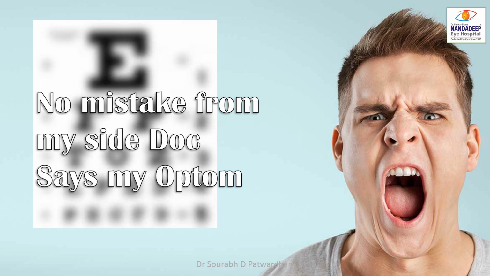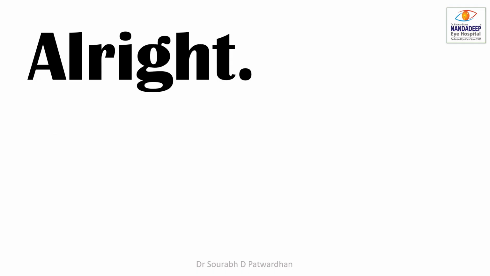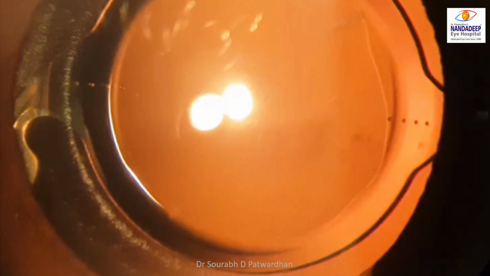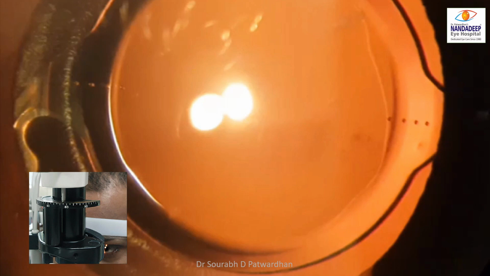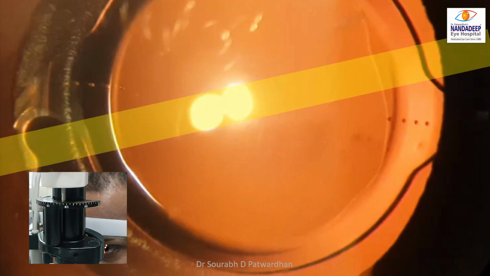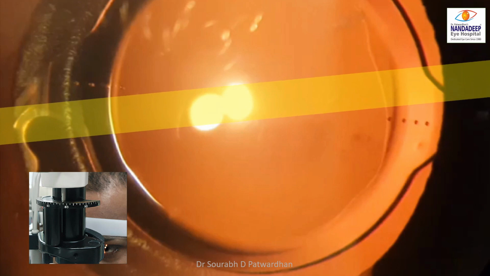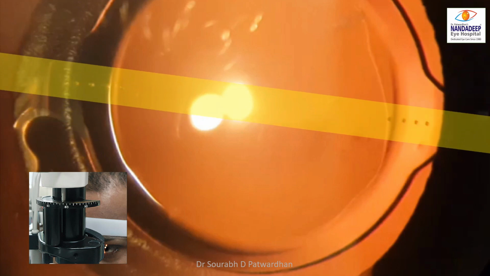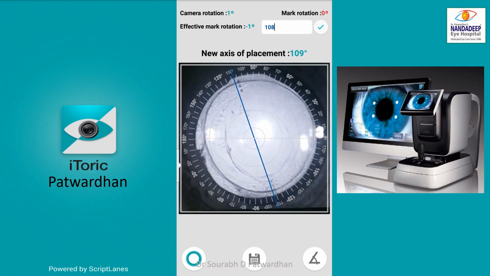Now by this time our optometrist is quite angry with us because there was no mistake from his side in this case, everything was perfect. So what was the problem? So we have to check the IOL position, where we did something wrong in that. To check that on slit lamp, you just have to use a thin slit beam and then you can rotate this beam and align it, in case with dilated pupil, along the toric IOL marks and check the actual position of the IOL in degrees.